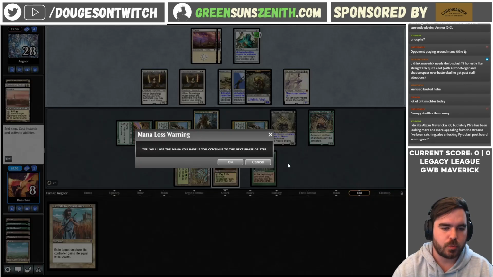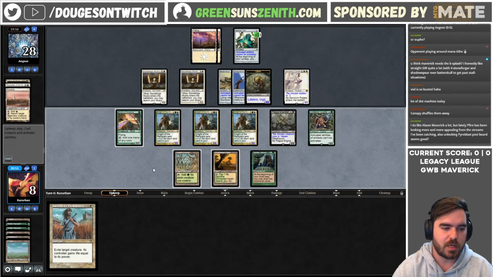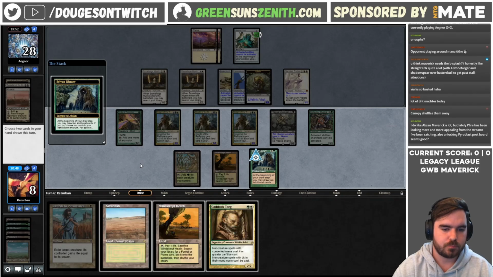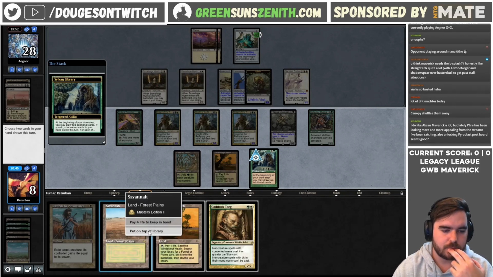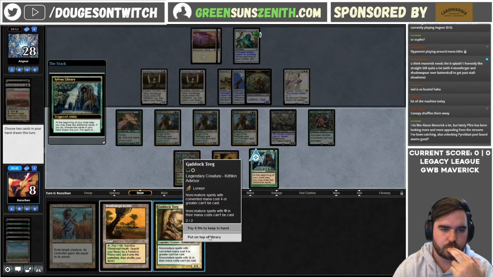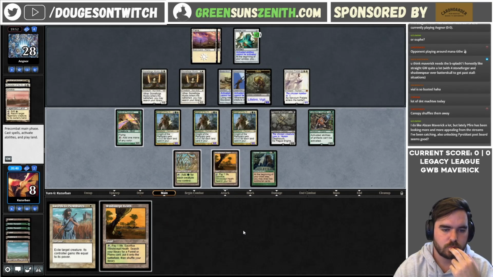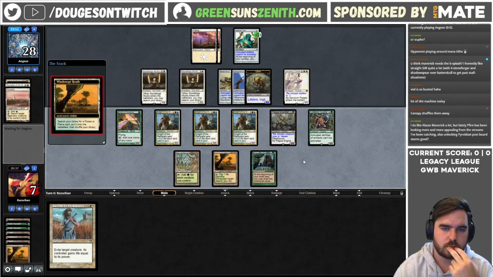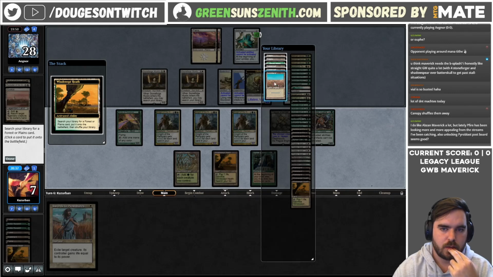And now we get a new look with Sylvan Library, which is really nice. Really want to find another Plague Engineer for this Prelate. Not great cards here. Put on top, put on top. I don't mind Windswept Heath, fetch. Go and get